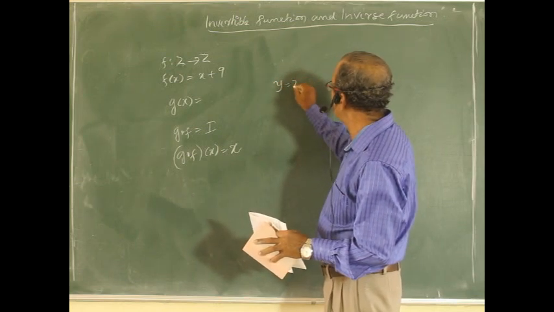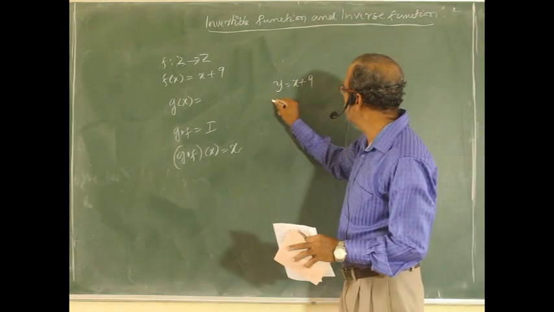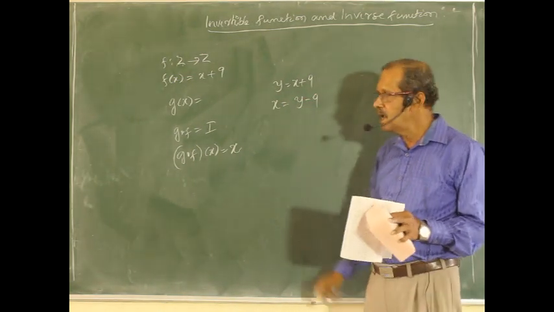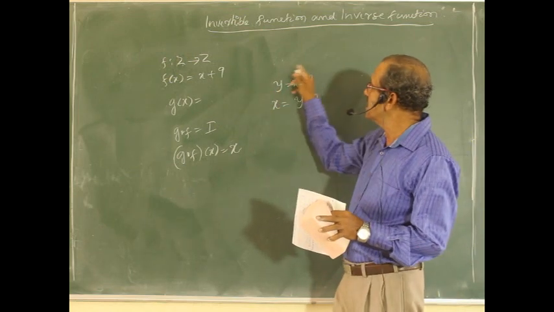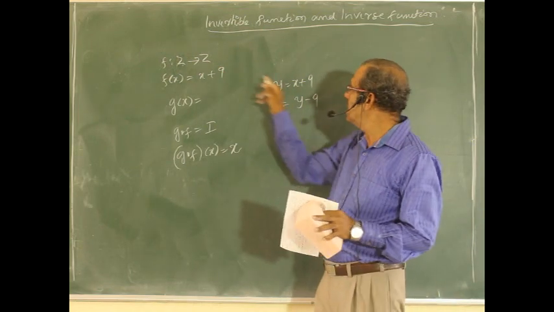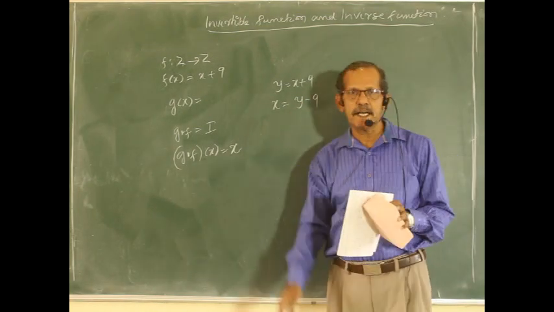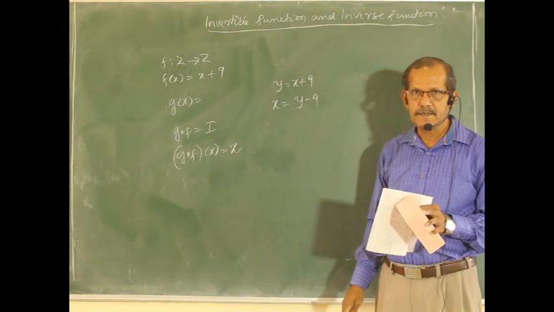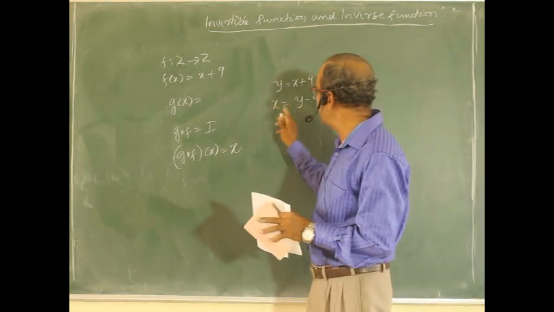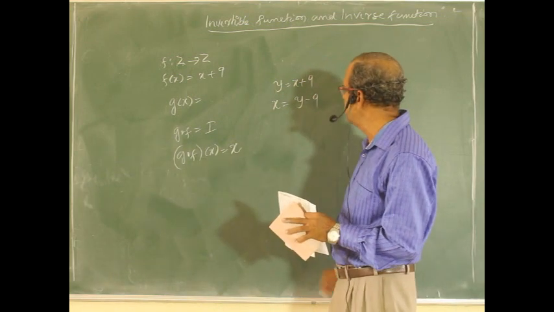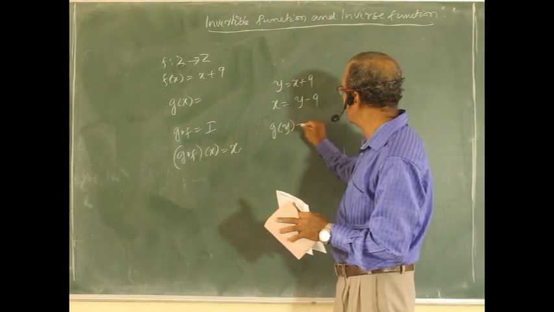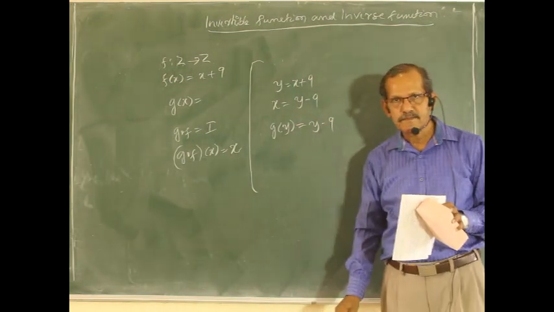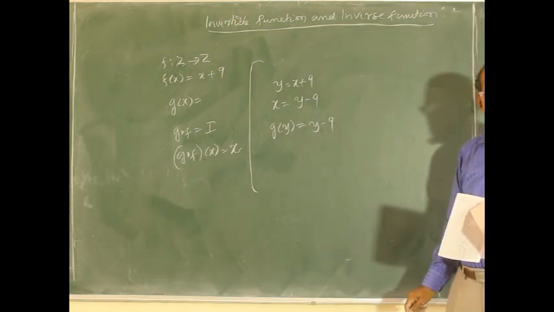Let me take y equal to x plus 9, or x equal to y minus 9. Whenever this y is an integer in the second set, the codomain, y minus 9 is once again an integer, no doubt. Whenever y is an integer, y minus 9 is also one more integer. Now, let me define this y minus 9. G of y, another function, you have to define one more function. G of y is y minus 9.